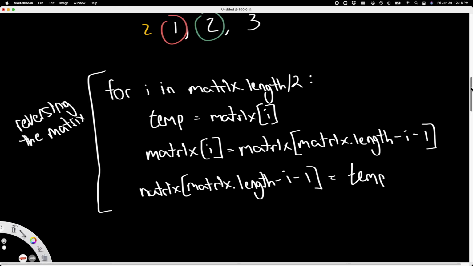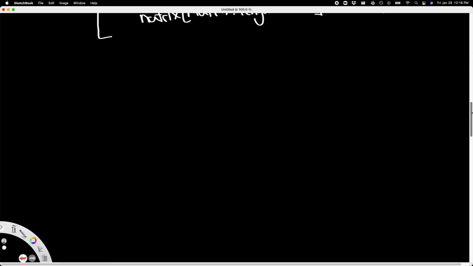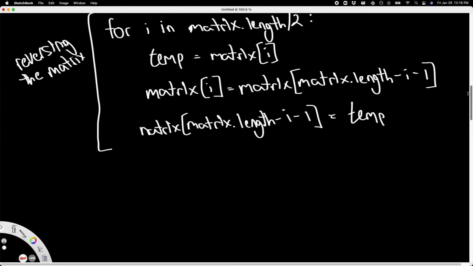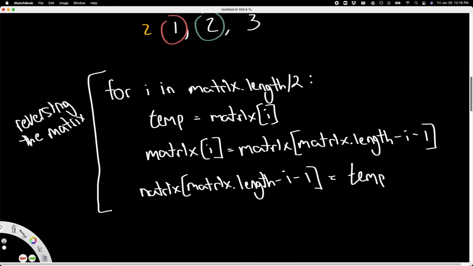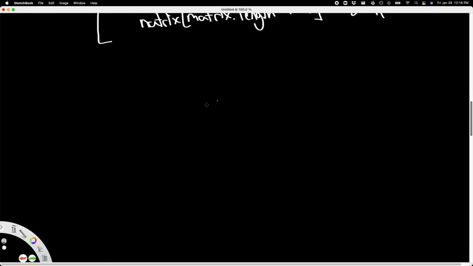Now let's actually get into finding the solution, into flipping every other number. So flipping these 8s and the 9s and the 6 with the 4s and 1s and 2s. So now we want another for loop. So for I in the length of the matrix,